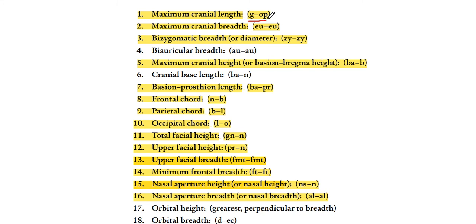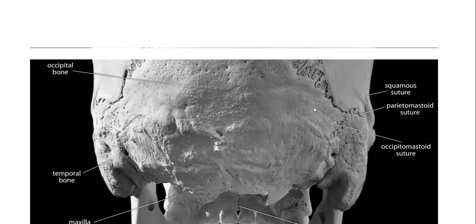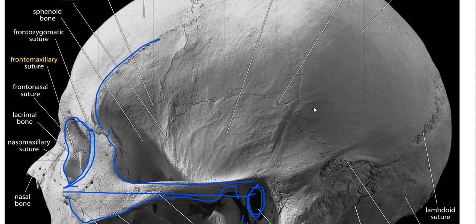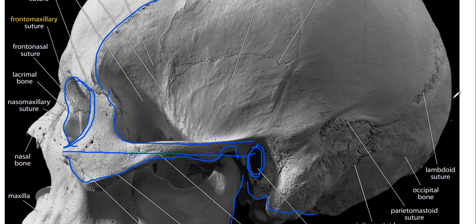Apart from that, if in the question it's specified to define the landmarks, then go on defining the landmarks also. But if it's only the definition, say for 1 mark, then you write the definition and say which instrument is used, and in case it requires it, for example, opistocranium. Now see, opistocranium lies at the occiput region of your head, in this region. Basically the most posterior point is how you identify opistocranium.